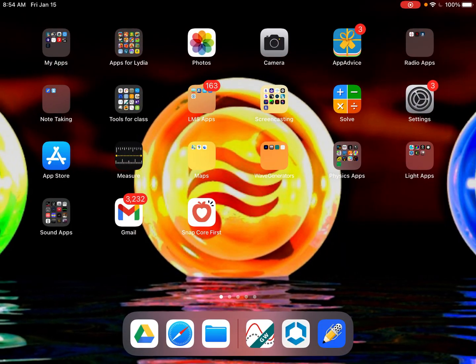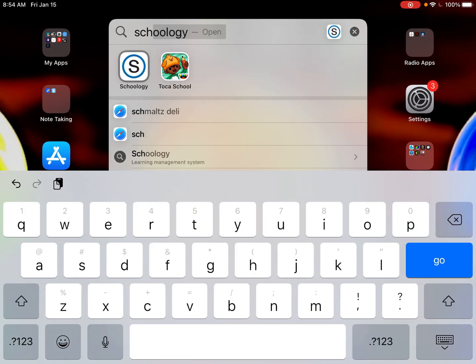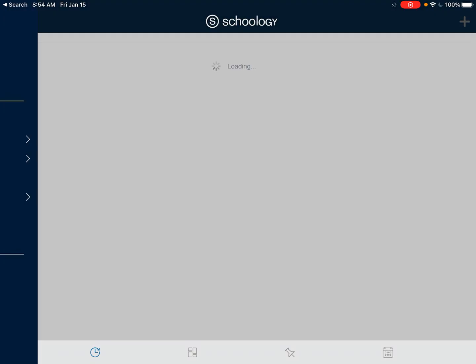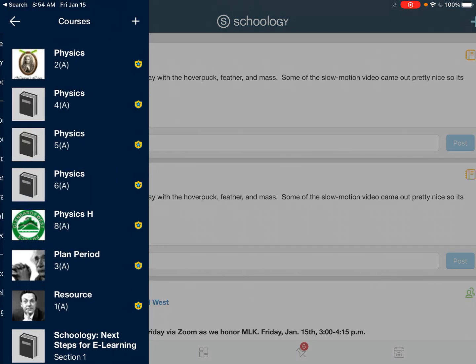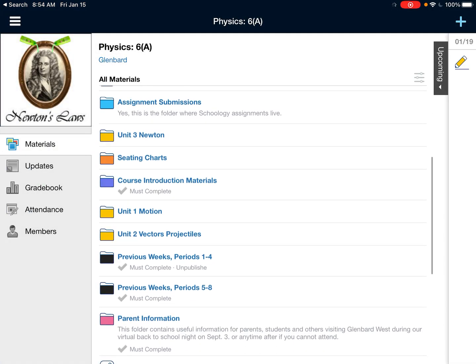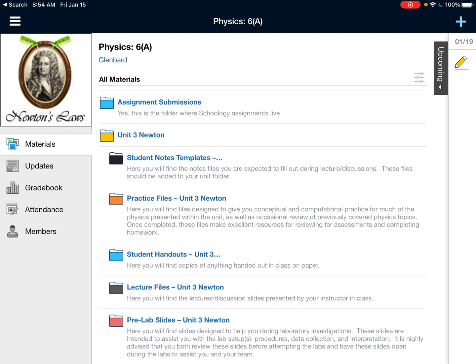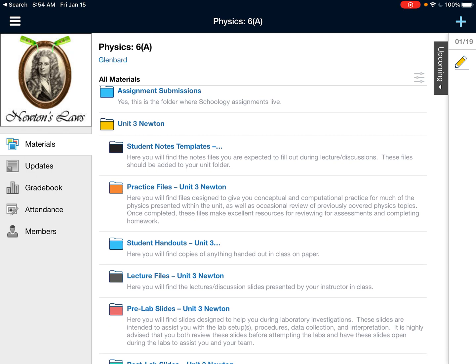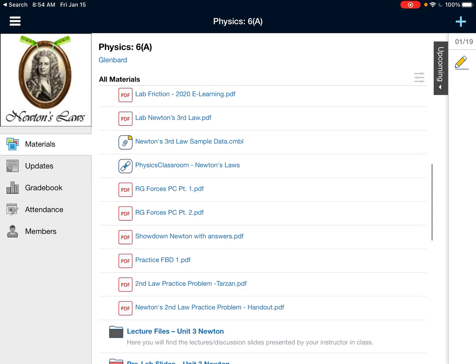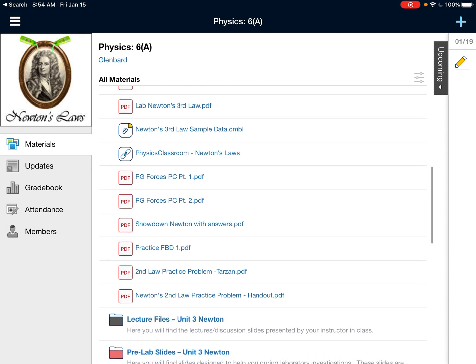Then jump over to Schoology and navigate to your physics class. I'm just going to pick one of my courses, and I'm going to find the Unit 3 Newton folder. There I've got this stored under Student Handouts. Your teacher might have it somewhere different, but what you are looking for is a file that's called Newton's Third Law Sample